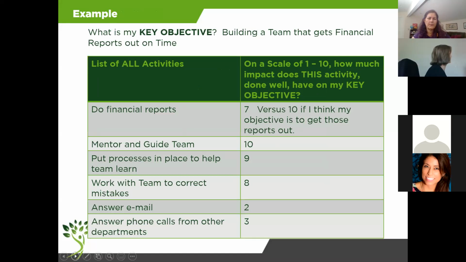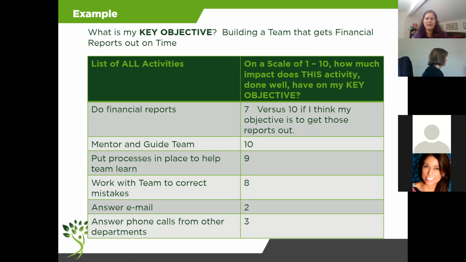And I have my example right here. This is for my accounting person whose key objective is to build a team that gets financial reports out on time. And so her activities during the day might be doing the financial reports, mentoring and guiding her team, putting processes in place to help the team learn, work with the team to correct mistakes, answer email, answer phone calls from other departments. And then for each of these things, she has to rate them on a scale of 1 to 10 as to how much this particular activity all by itself